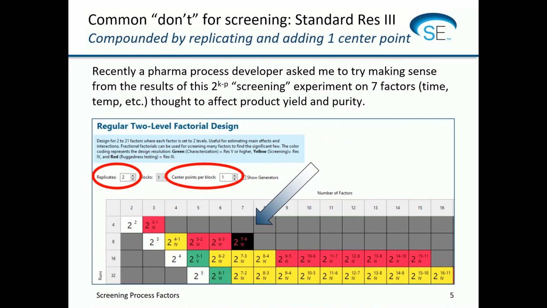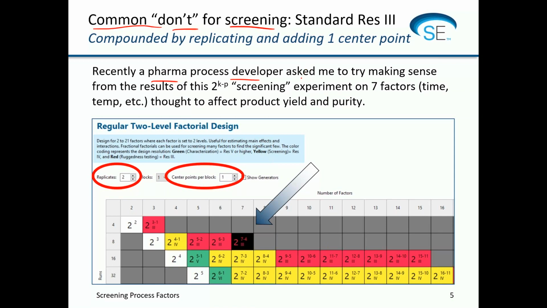So one of the things that precipitated me talking about screening was this common question that came into our StatHelp, which we offer to our users. stathelp@statease.com is something that any of our licensed users can address with questions about their design of experiments or the results that they're getting using Stat-Ease software. Now, what happened here, and this is very common, this was a pharma process developer. They sent me these results,